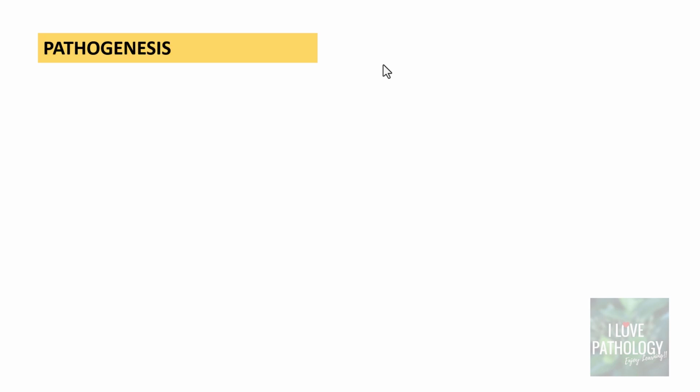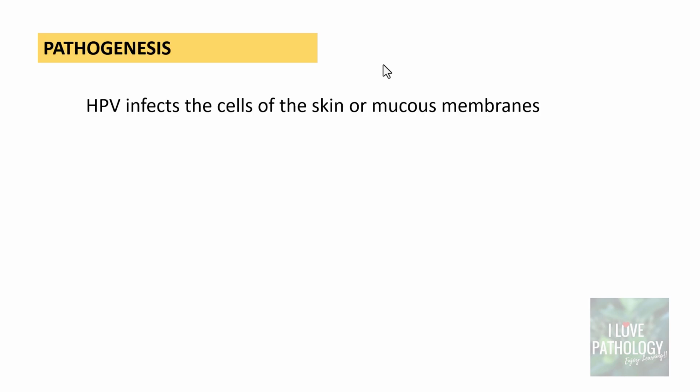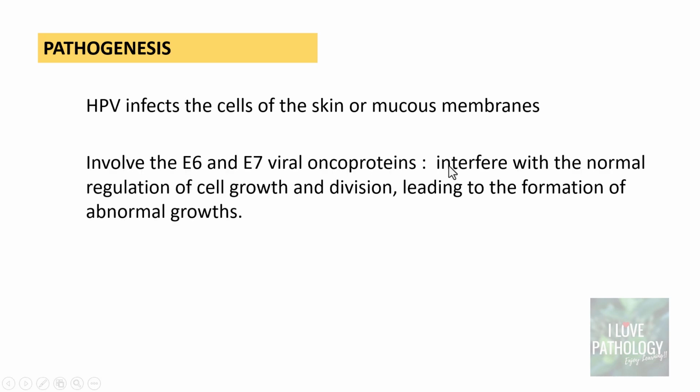So let's look into pathogenesis. Once the papilloma virus infects the cells of the skin or the mucous membrane, the viral oncoproteins are involved. The most important viral oncoproteins are E6 and E7, and these oncoproteins interfere with the normal regulation of cell growth and division. Once they have this interference, ultimately the end result is formation of abnormal growth,